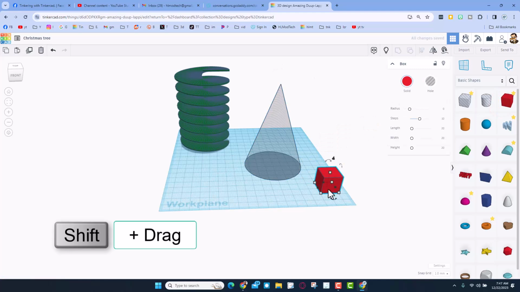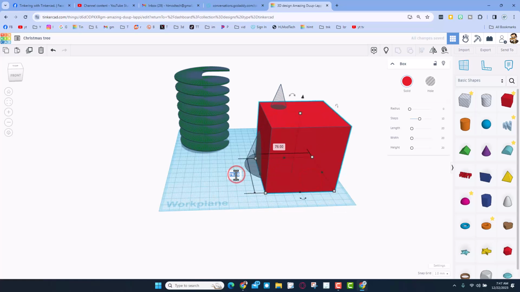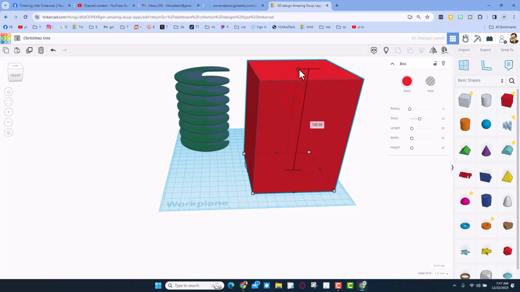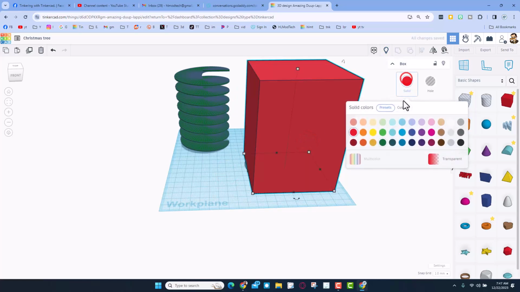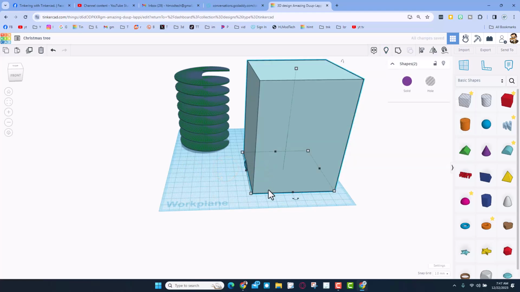Bring out a cube, and of course set it on the work plane. We know we need to be bigger than 70, so we're going to Shift stretch, and let's type 90 out here. This is going to be the extra space that allows it to cut, and we're also going to make it higher. So you can see this happen, I'm going to switch the color to a light blue, and then we're going to simply grab those 2 shapes. We're going to do align. We're going to choose middle,